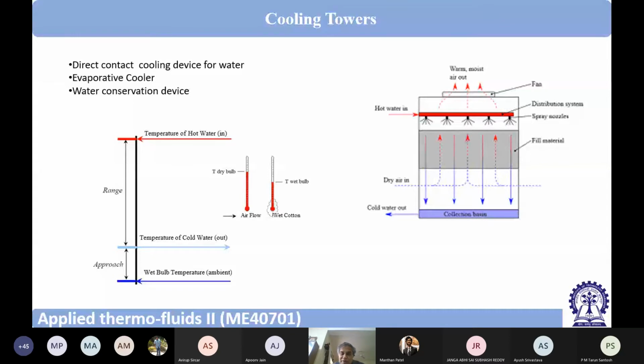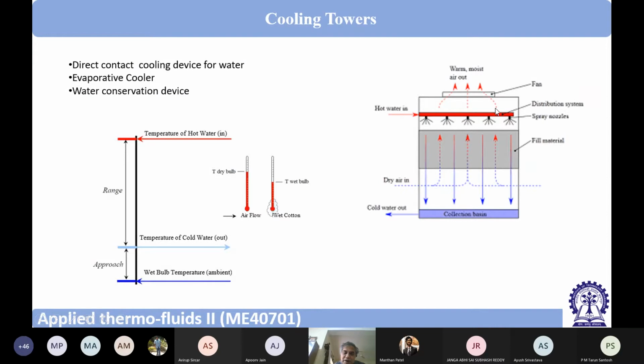So now hot water is available, so water will release a certain amount of energy, and water will get cooled. So at the bottom we will have cold water, and that cold water will again go to the condenser. So this is to the condenser, this is from the condenser, this is from the atmosphere. Dry and cold air is coming, and at the top we are releasing hot and wet air or moist air.